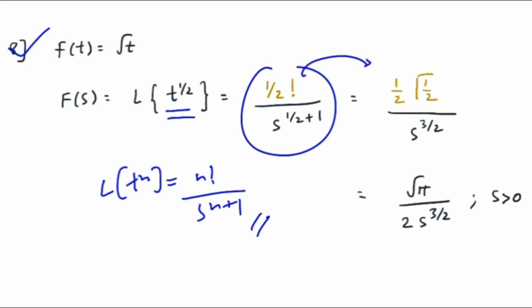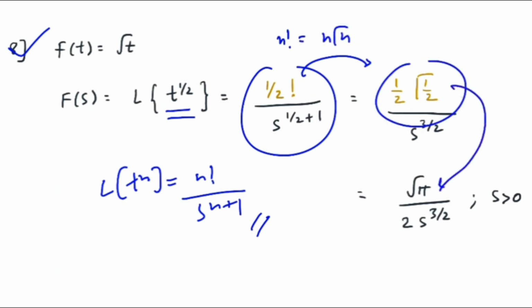Because you have to simplify this half factorial. Then your question might be, if I have 5 factorial, a whole number, I can simplify it easily. But if I have a fraction, then I told you in the basics, whenever you have a fraction, you have to use the relationship like n factorial is equal to n gamma n. Now you can say that if that is true, then it would be half gamma half, and gamma half value is root pi. So this is the final answer.